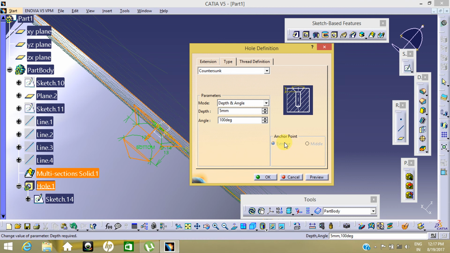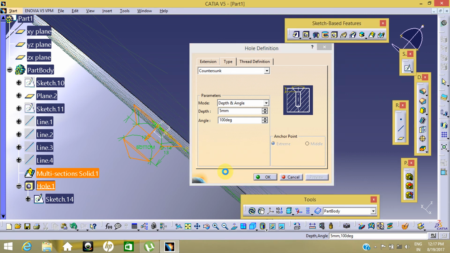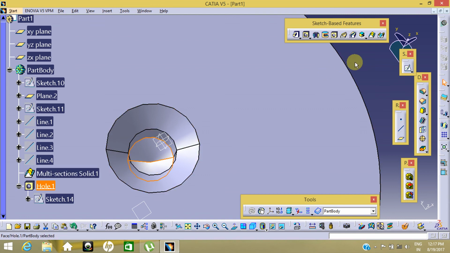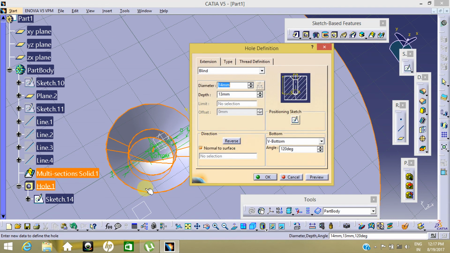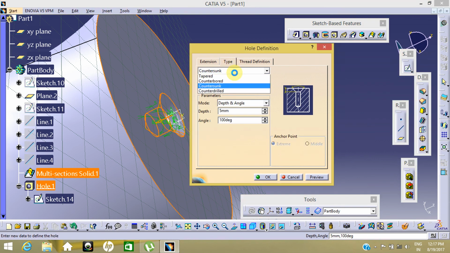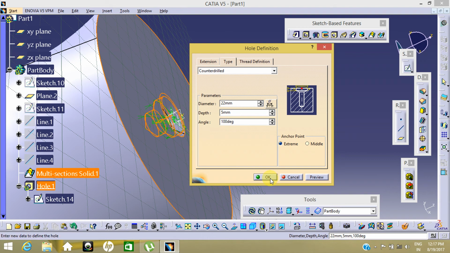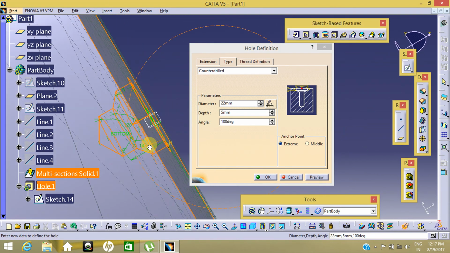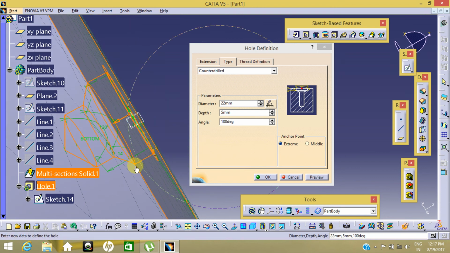If you want to create a hole with thread also, then go to the thread section, click on the hole diameter, and click on the hole depth. Now the thread is being constructed here. Okay,